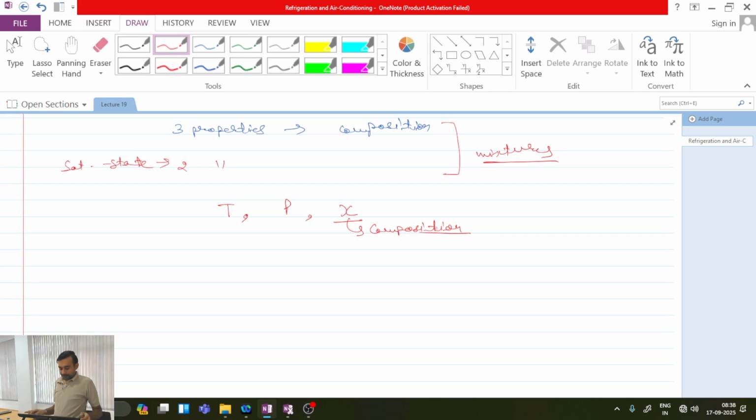Now whenever we are having three properties, and if I have to represent these three properties on a two-dimensional plot,